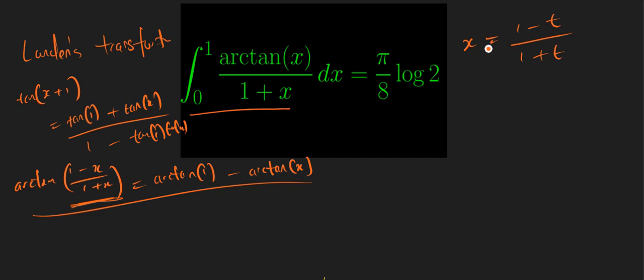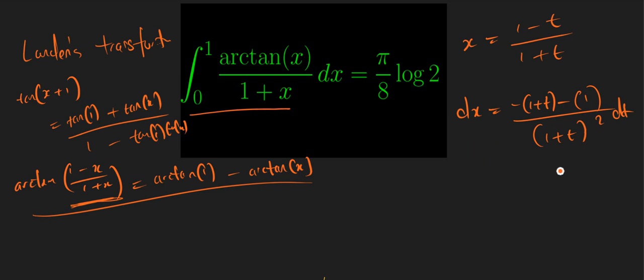This may look like a backward step because everything looks much more complicated now, but it's the right way to go. So for this, let's find dx. We take the derivative: negative of (1 plus t) minus the derivative of 1 plus t, which is just 1, all divided by (1 plus t) to the second power,